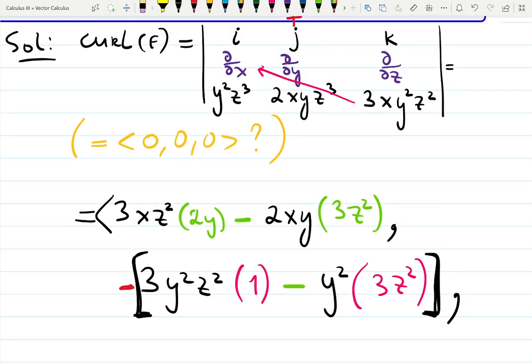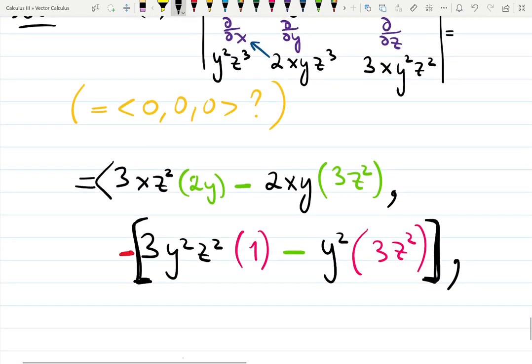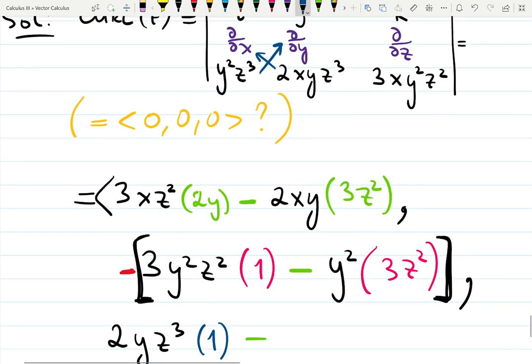Finally, the last one. The last one, let's put in the blue color. It's going to be these two. 2xy z cubed with respect to x. Everything is constant except x. 2y z cubed, derivative of x with respect to x is 1. Minus is always a formula. I'll put it in green again. And then in blue color, these two. Y squared z cubed with respect to y. Z cubed is a constant. The last derivative is y squared with respect to y is 2y. And you finish the